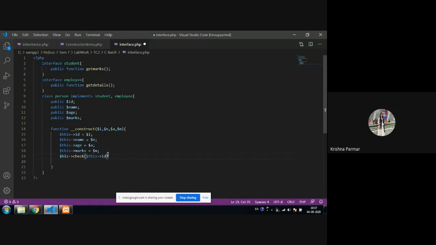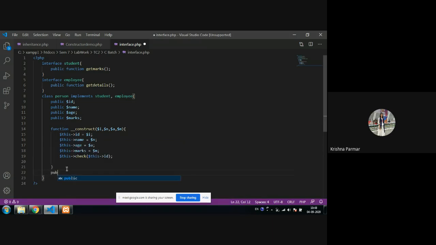Okay, so this way whenever an object is created and a parameter is passed, at that time it will check it. So there is no need to explicitly call this method, because it will directly check. And this is always helpful whenever there are necessary methods you have to call every time you initialize the properties. So that's why I'm calling it here. Now I'm going to the implementation part of this check method.